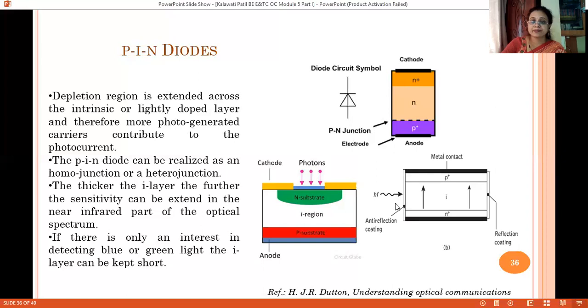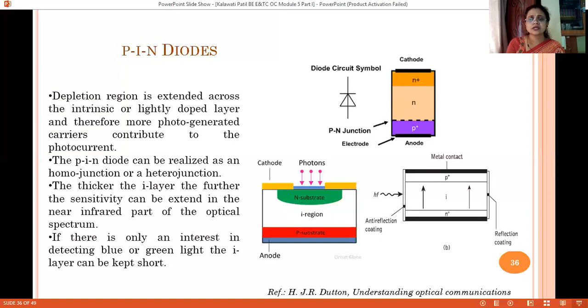But here, the falling photons can directly enter the I region, and hence, students, maximum absorption will be possible and increased photocurrent. So this is how, by playing with the doping level, the material level, and the structural changes, people have done lots of experimentation to improve the working and performance of these photodiodes.